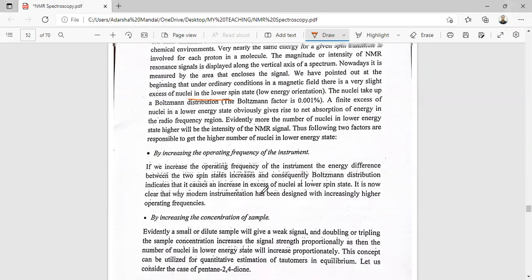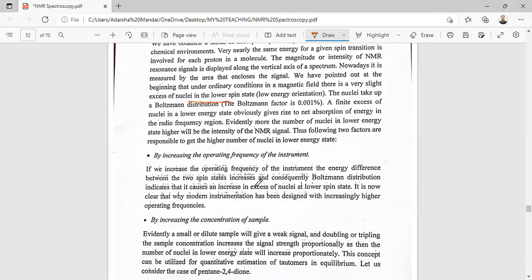So that means the peak height, the intensity of the NMR spectra, we can increase by increasing the operating frequency of the instrument. If you increase the operating frequency, the energy difference between the two spin states increases. So consequently, the Boltzmann distribution indicates that it increases the excess of nuclei in the lower spin state,